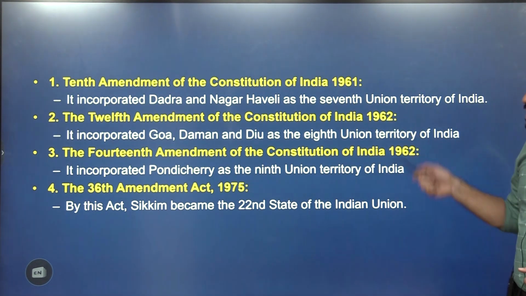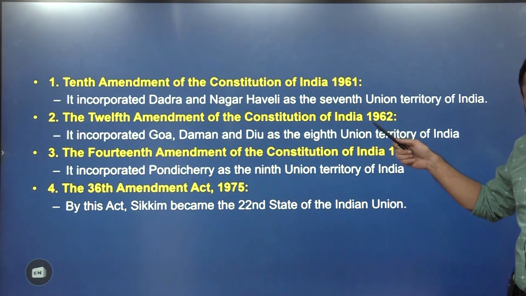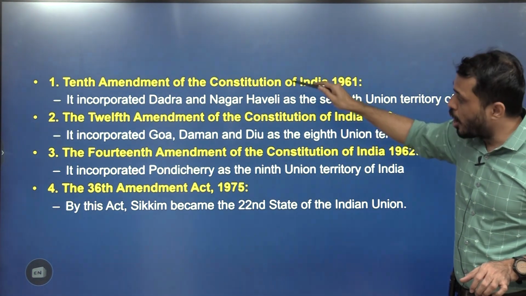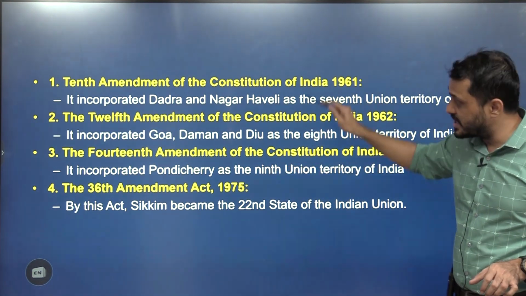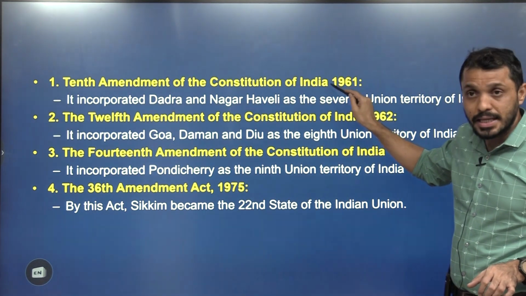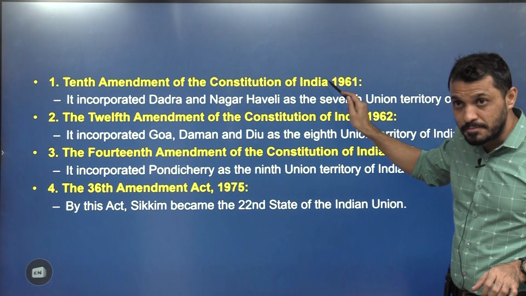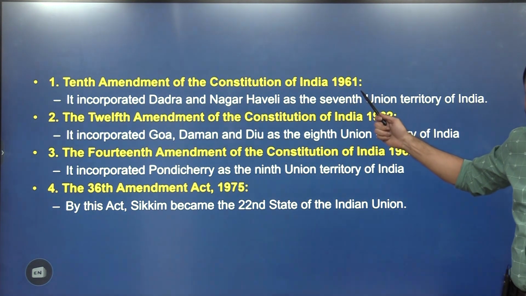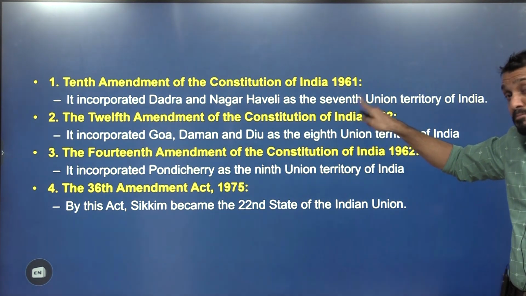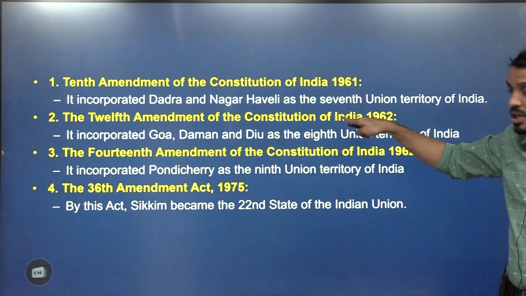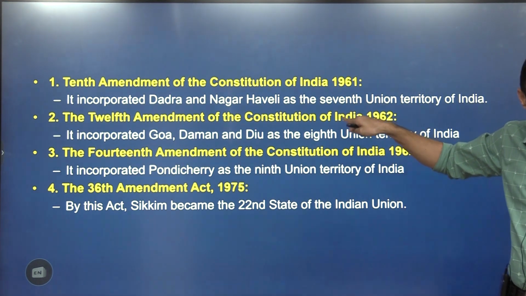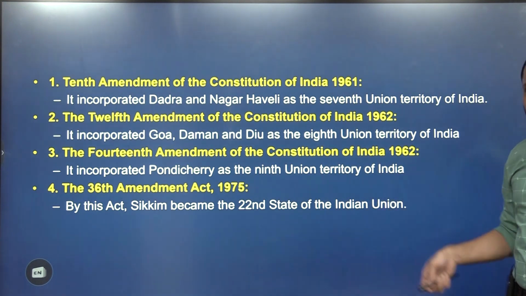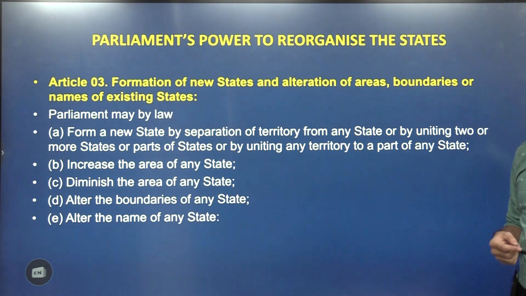Now we will see the 10th amendment. Through the 10th Constitution amendment, observe carefully, whenever we added a new part to India, all the time we did the amendment. This amendment came after the Berubari case. Berubari case in which year? 1960. After that, when you added Dadra Nagar Haveli, you did the Constitution amendment. Goa, Constitution amendment. If we would have added these before the Berubari case, then Constitution amendment would not have been required. But in the Berubari case 1960, Supreme Court clarified that Constitution amendment is required. When you added Goa, Puducherry, Sikkim, at all these points you did the amendment of Constitution.